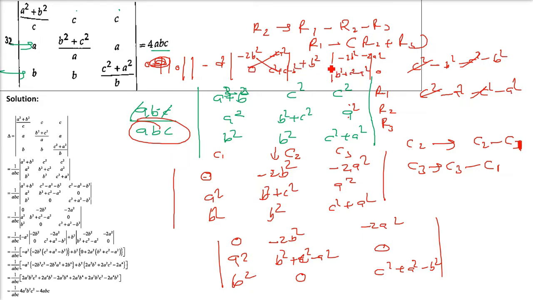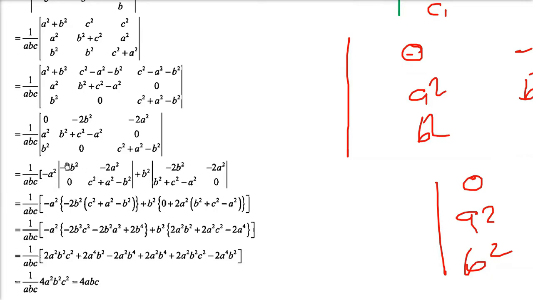So we are cross multiplying with a square. Here we cross multiply with b square, just add them. I don't have enough space, so I'll just tell you here only. This is the step we have already done. Now just simply multiply. When you open it up, you will get various values which will eventually be cancelled. So when you multiply this, minus 2b square into c square plus a square minus b square,